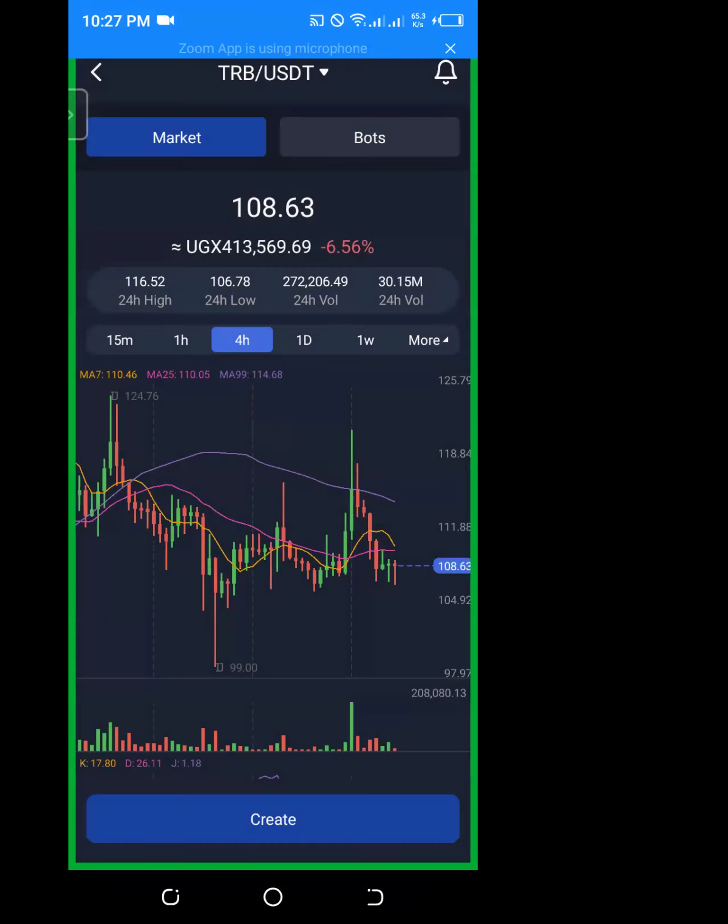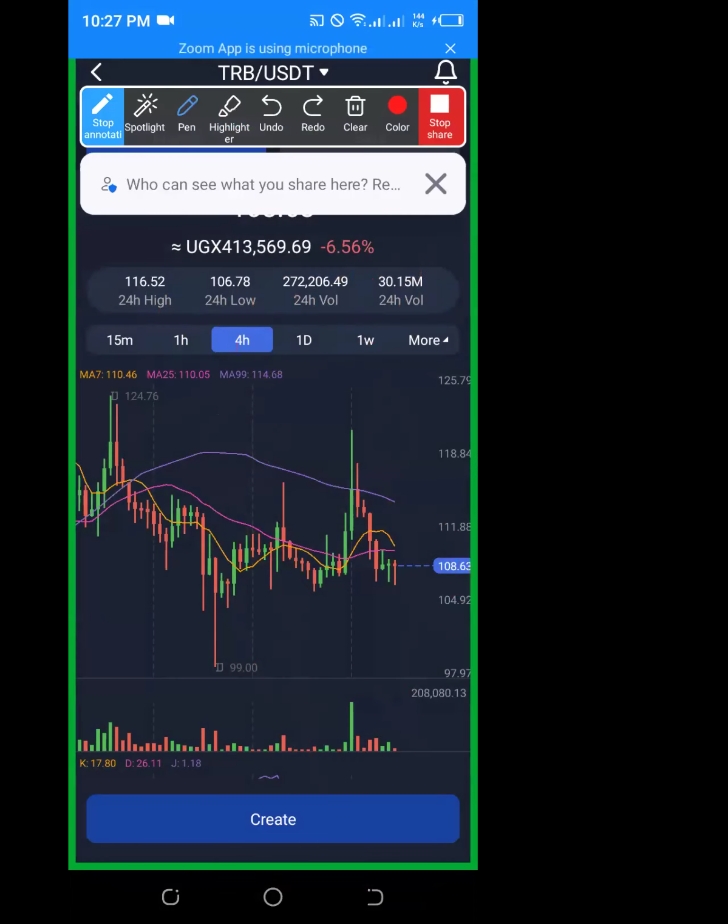Now, if I enter from here and the market continues to go down, maybe up to around here, I want to come up with my call drop. What could be my call drop from here up to here? You can use this method that I'm going to give you, or you can just use your TradingView. If you don't want to use TradingView, just come and do this method here.